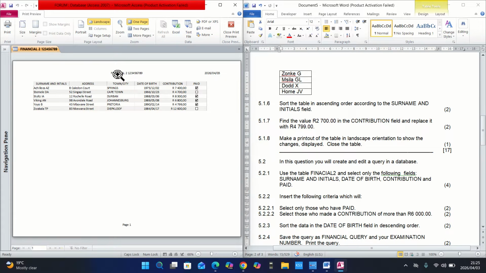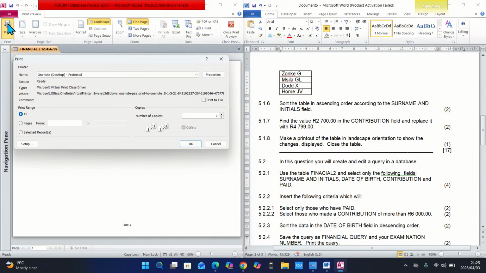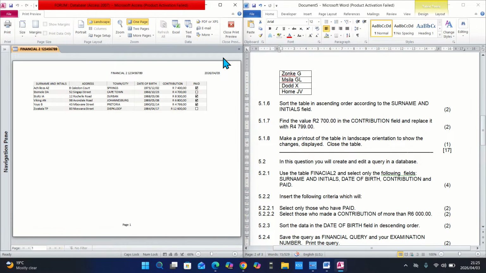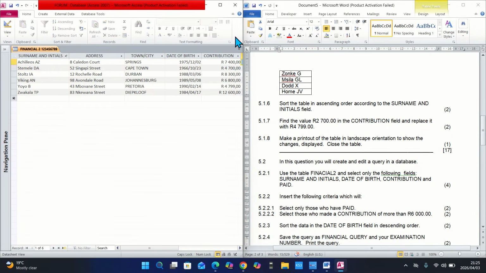As you can see, on the top is Financial 2, my examination number. Are you with me? Then after, you print it. You go to print. Then you press OK. And once the invigilator hands you your printout, you press what? Close print preview. Are you with me? So now